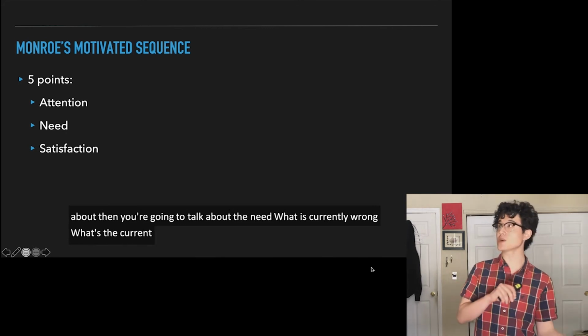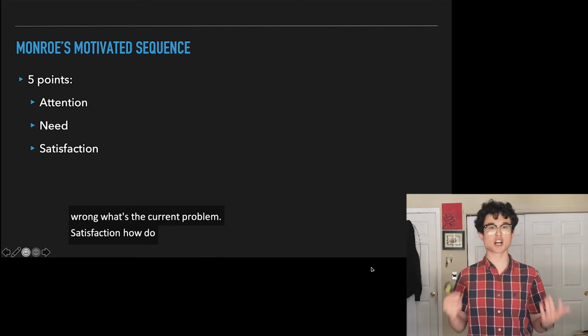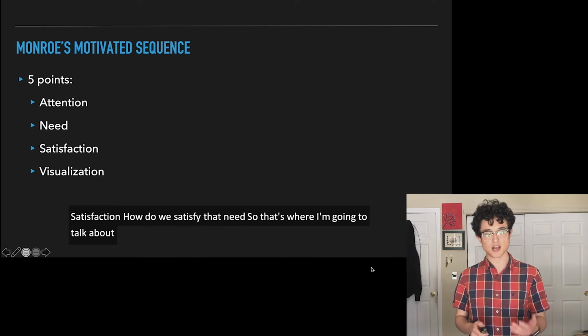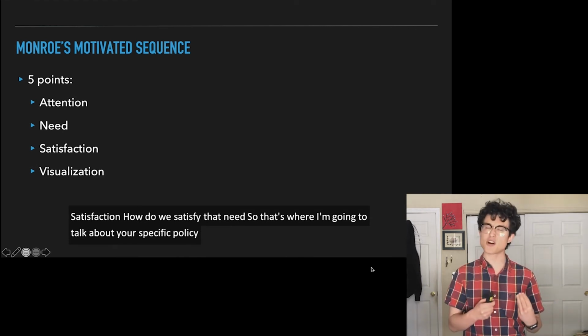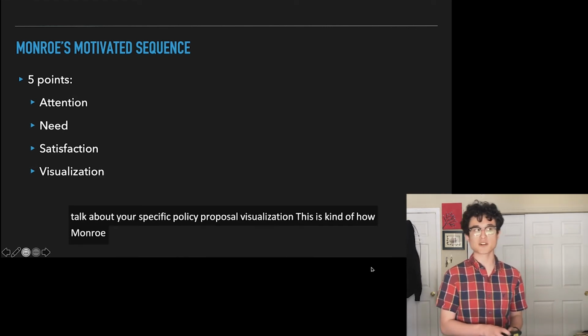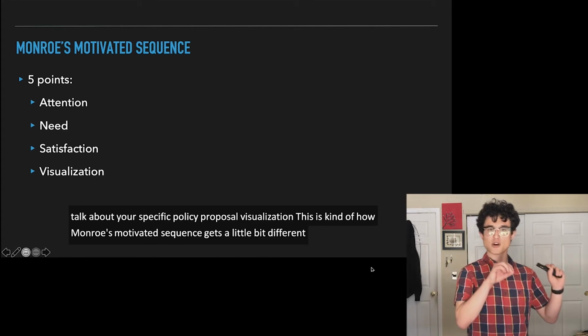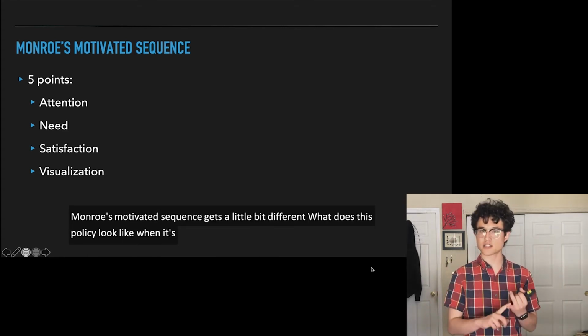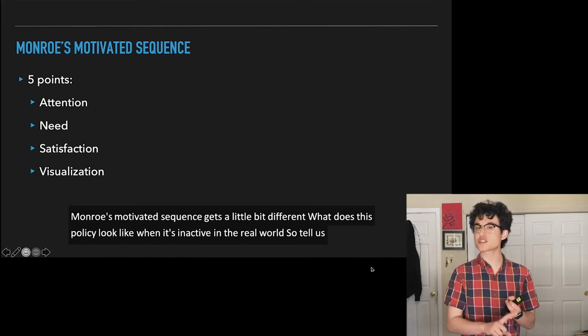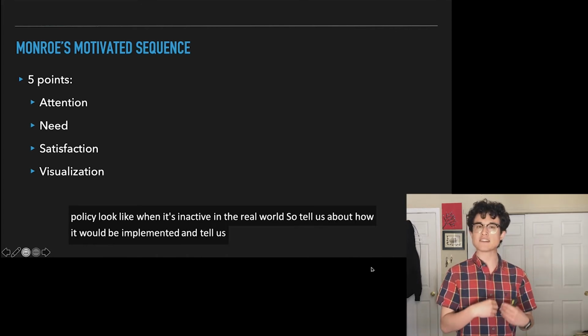Satisfaction: how do we satisfy that need? So that's where you're going to talk about your specific policy proposal. Visualization is how Monroe's motivated sequence gets a little bit different. What does this policy look like when it's enacted in the real world? So tell us about how it would be implemented, and tell us about how individual lives would actually be changed